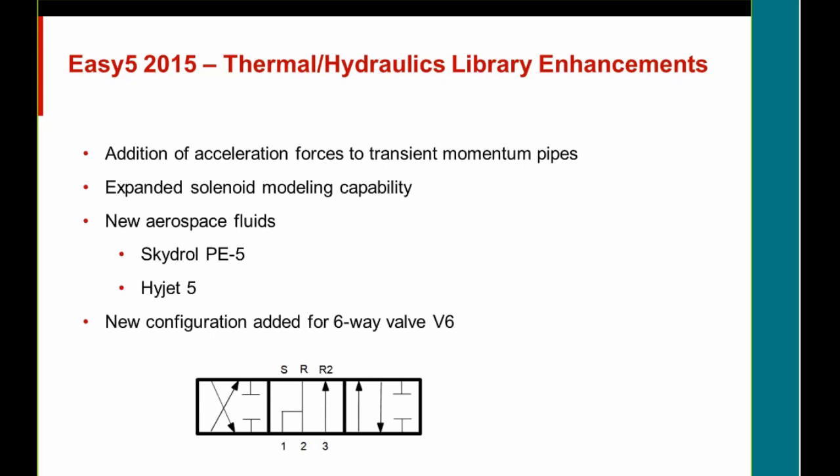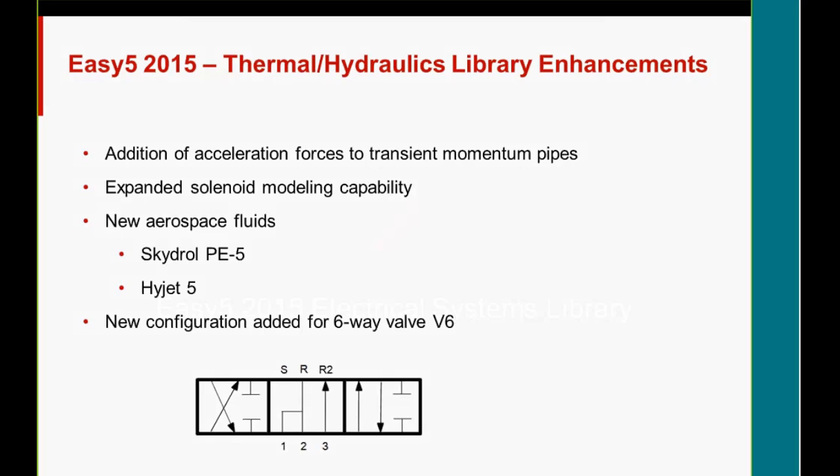We also have 2 new fluids for aerospace applications, both type 5 phosphate esters, which are Skydrol PE5 and HiJet 5. And also a new configuration was added for the 6-way valve that's in the hydraulics. And I won't talk any more about that because I want to continue on to the